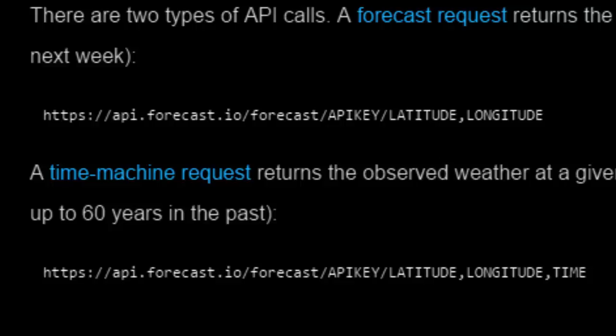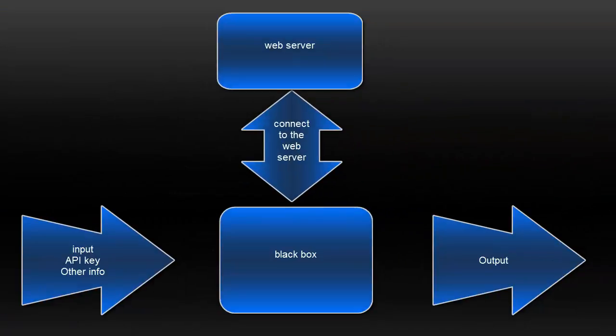And then it will put out the forecast. Now, as far as another example is, you have things like Twitter. So for example, with Twitter, if I'm making an application that pulls up your Twitter feed or whatever, I might have an API key and some other information I have to hand over to Twitter to get the proper information I need. And what would end up happening is it will be uploaded into the Twitter servers. Twitter servers process it, finds out what I want, make sure that my API key is good,